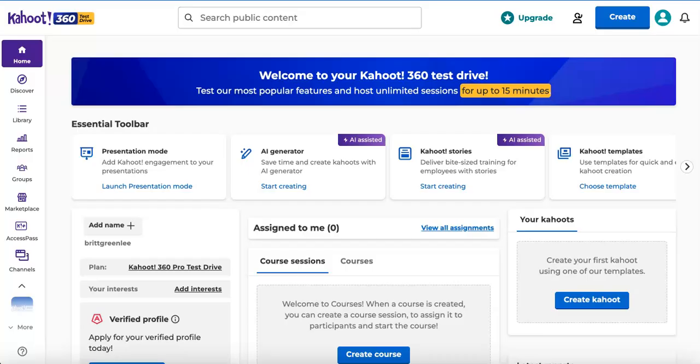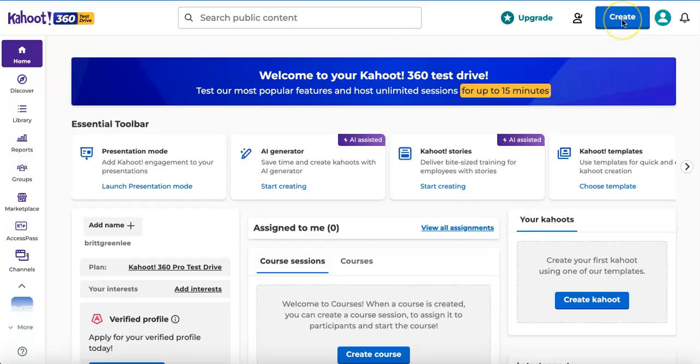So one thing we've been talking a lot about recently is how to build a successful media plan with your clients. You could actually use Kahoot to create an engaging media plan that will prompt engagement with various questions that you can ask them. There's polls in Kahoot. There's all kinds of different features that you can utilize. But today we're just going to create